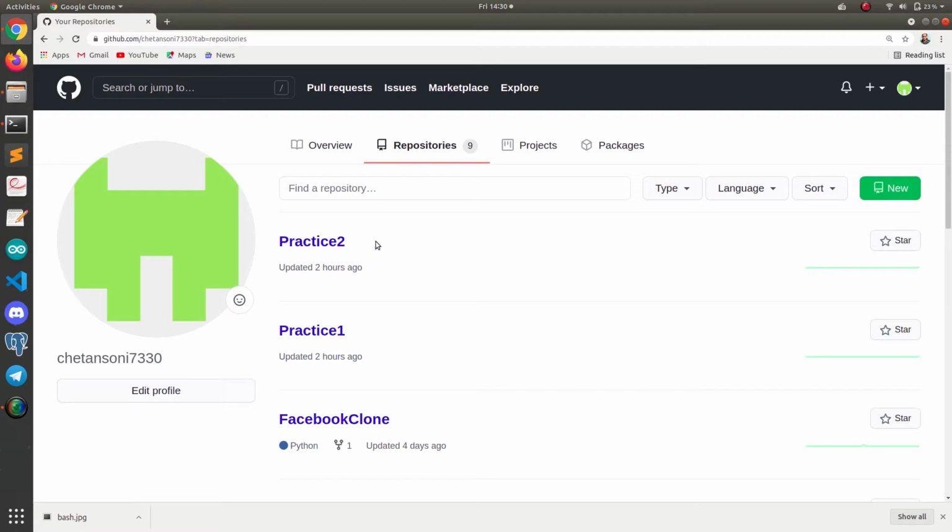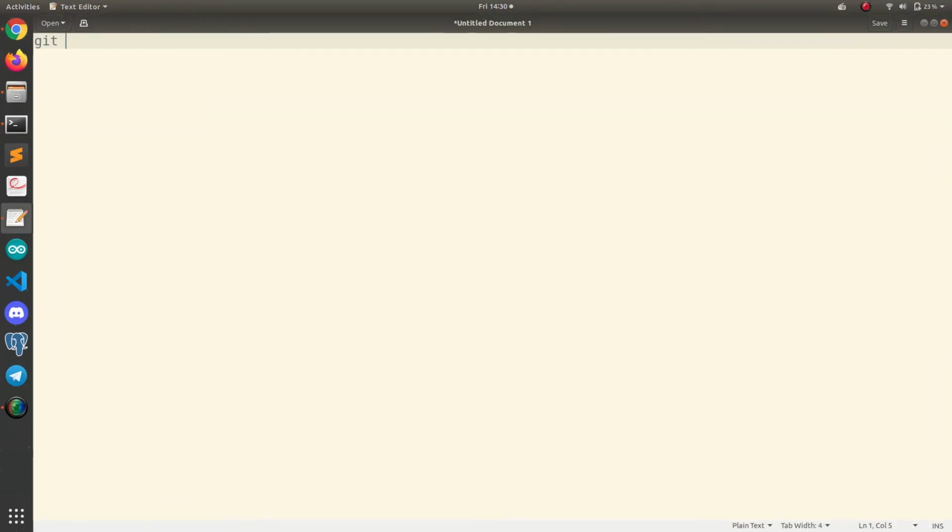For example, what we usually do when we have to push some files or our application code to our GitHub repository is first create a local Git repository on our machine, and then we add some files by entering the file name, or we can just use the dot operator to add all the files in the current folder, or dot slash, or anything.